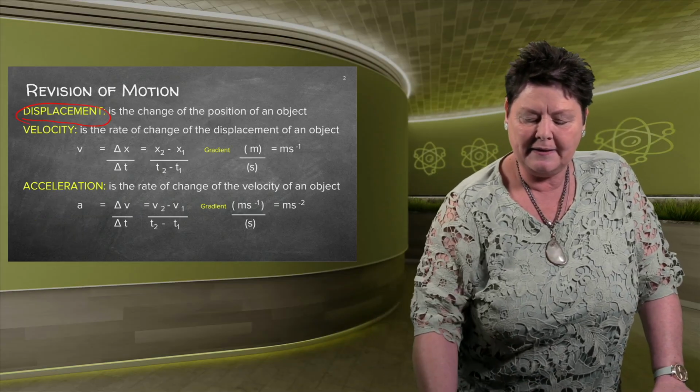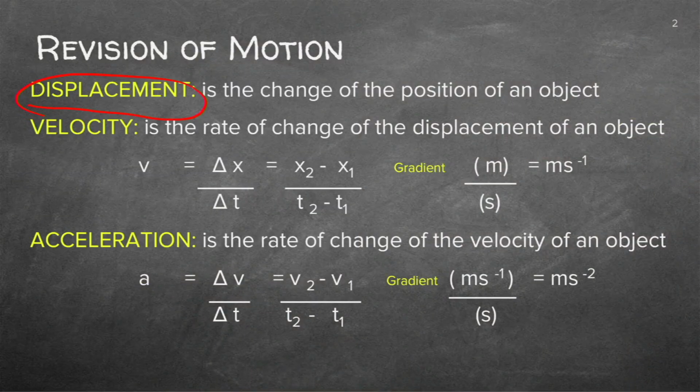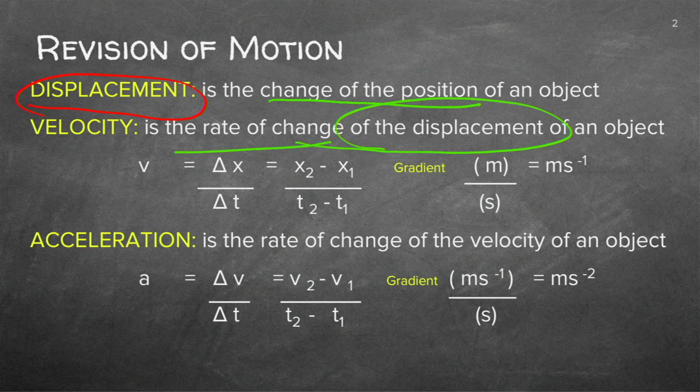Displacement, we've done. Displacement will always mean the change in position. And remember, displacement, it's encircled in red, it's a vector. Have the vector and scalar lesson very fresh in your mind when you do this, because it's important for you to know. The second change will be of displacement, which will then in that certain time give me the velocity.